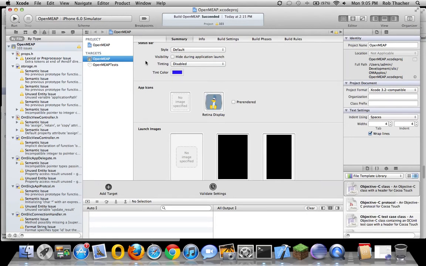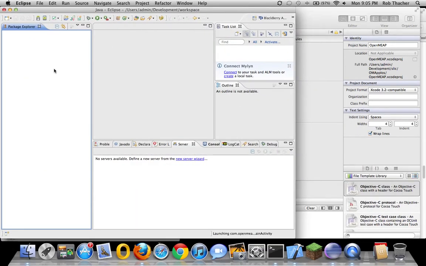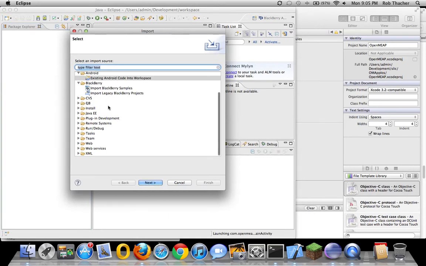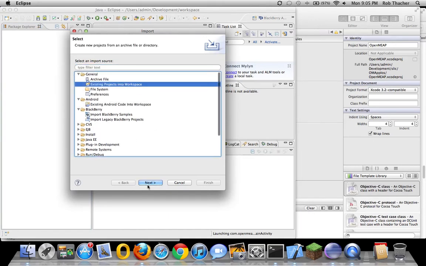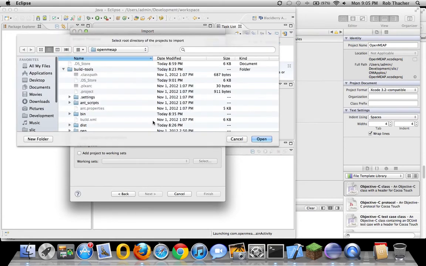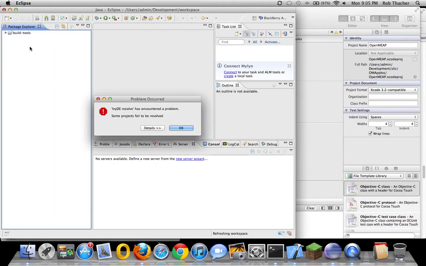Alright, so before we actually run the app, we have to make sure the server is set up on the Eclipse side. And on the Eclipse side, we actually have to import what we've just built by command line. So the first thing you're going to import is build tools. And then once you import build tools,